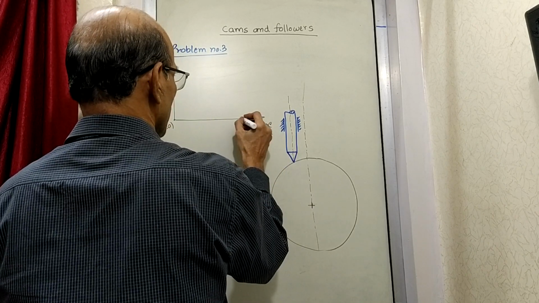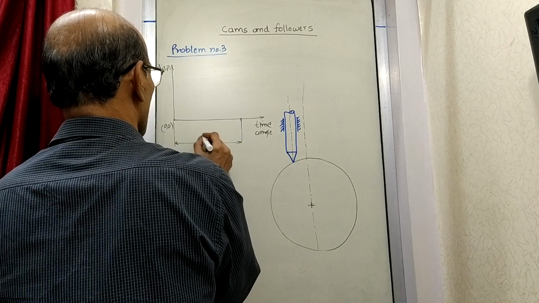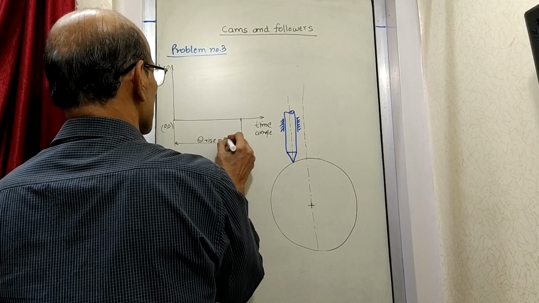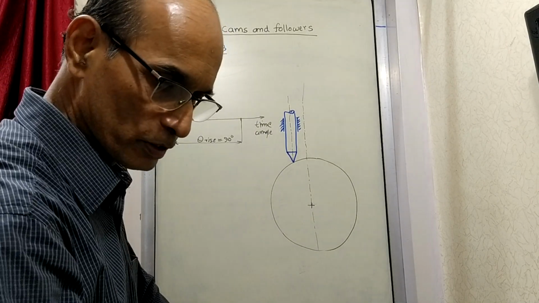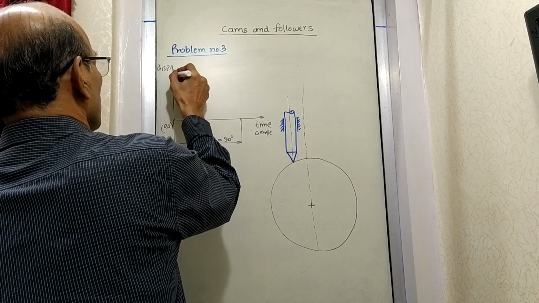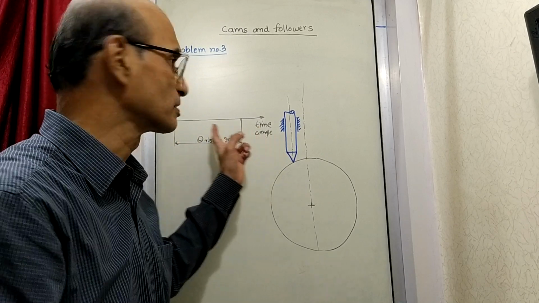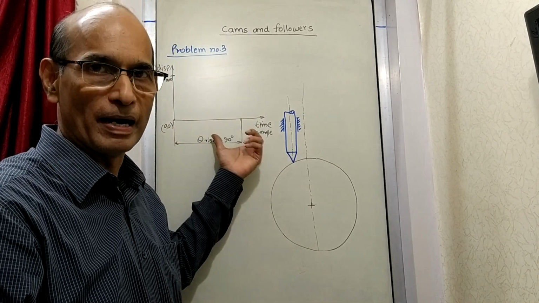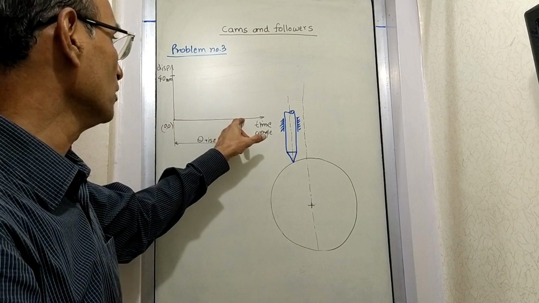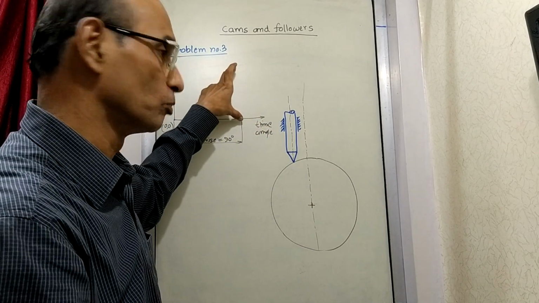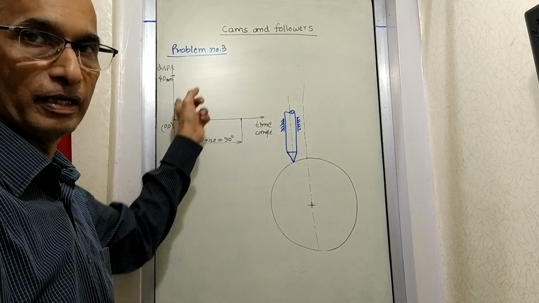So for the first, say, 90 degrees, I am considering this as theta rise, that is 90 degrees. Then suppose the displacement is 40 mm, we are marking here 40 mm. See, last time we have seen, this distance can be any suitable distance which can be divided. But this has to be actual 40 mm, because this 40 mm we are going to take from here. After the theta rise is complete, the follower has to move by 40 mm. So here also it has to be 40 mm displacement. So this has to be taken as actual 40 mm.